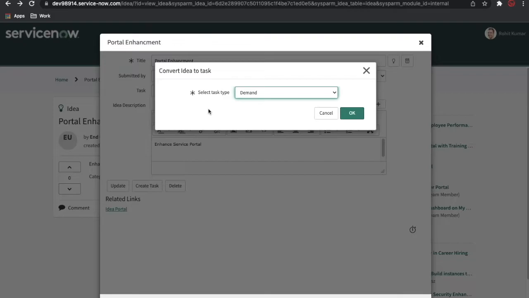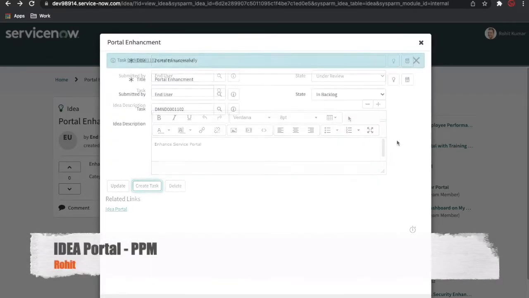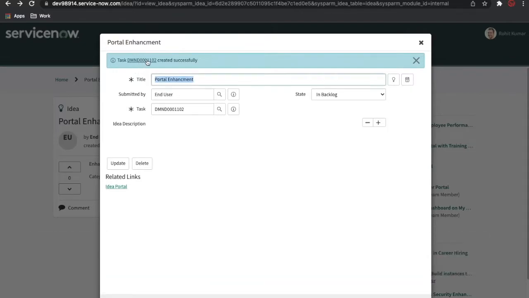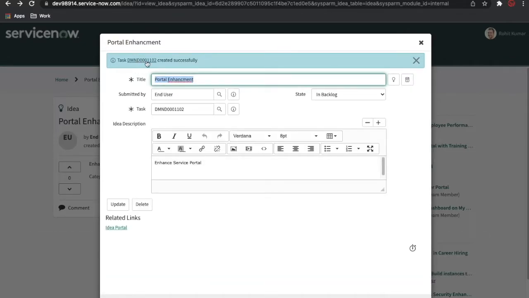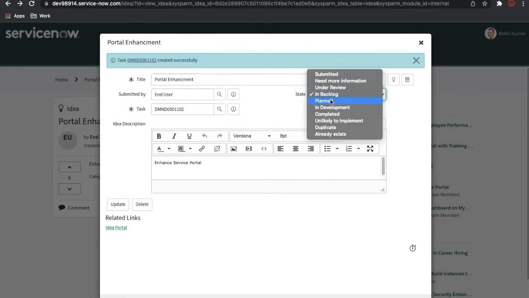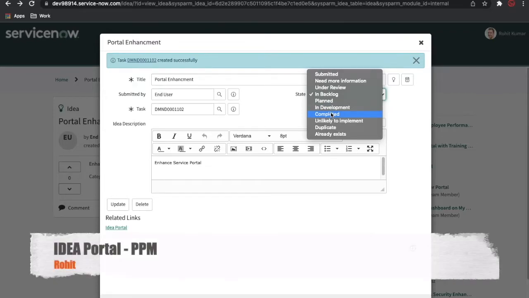But if the action is taken by the idea admin, they won't get this pop-up. It will directly create a demand. So I'll select the task type as demand and simply click OK. Now you can see at the top here, the demand is successfully created and the state automatically changed to backlog. After that, whenever your demand is ready, you can change the state to planned, and then after the development, finally you can complete your